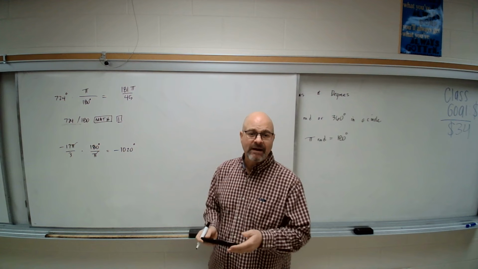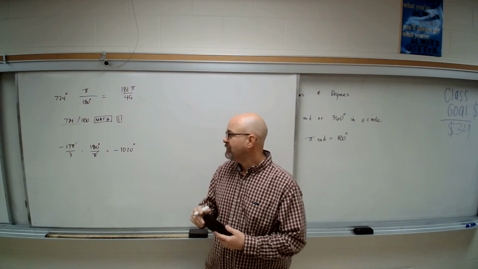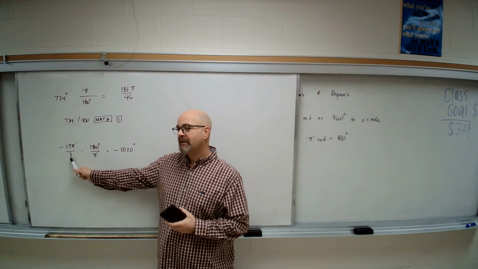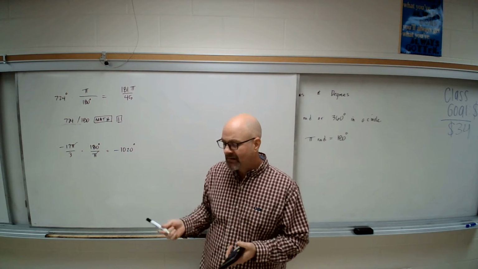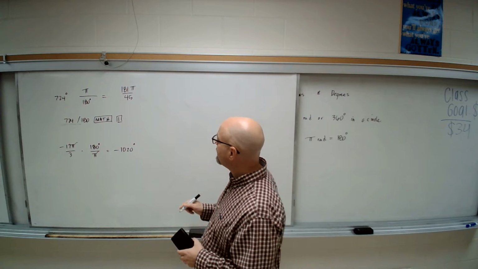Everybody, just make sure you're able to get the same values. Now if you're doing it by hand, probably I'd say do 180 divided by 3 first to get 60. And then 60 times 17. Make it a little bit quicker to work that by hand. Now the last one we have here